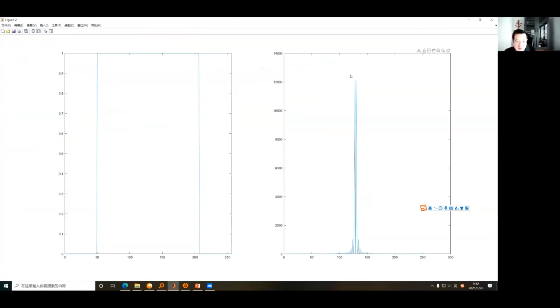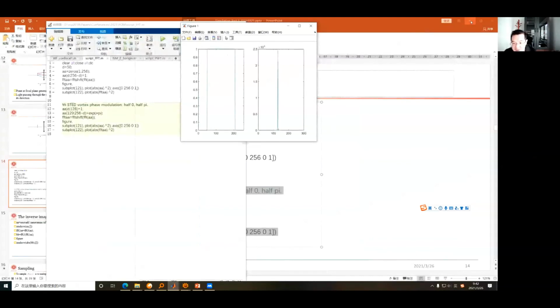And in the central part, you will generate a very deep zero donut on top of where it originally was the highest intensity. So this is how STED generates a very tightly focused focal spot